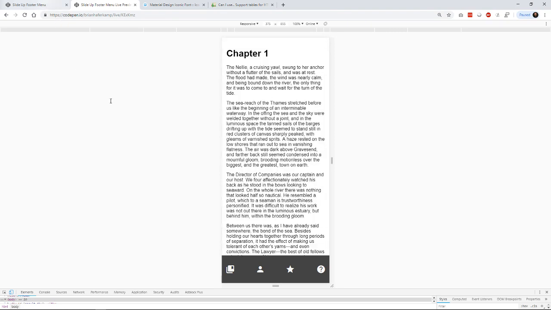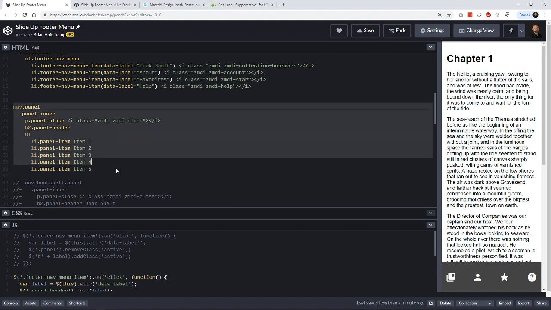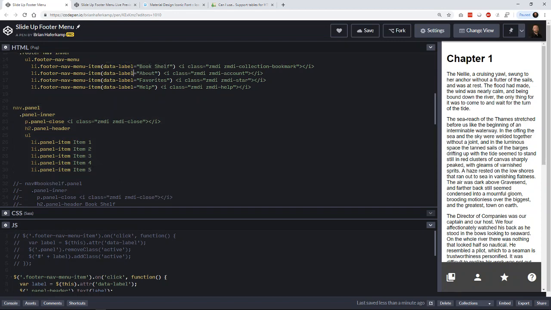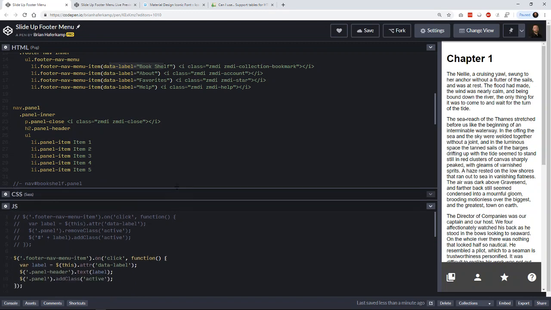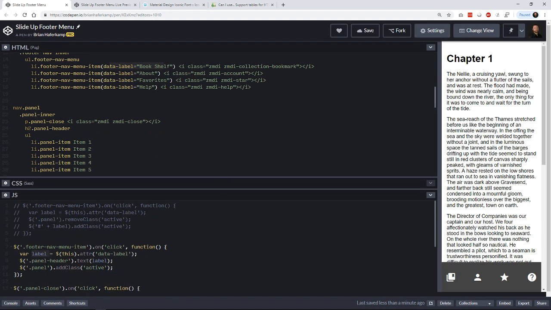So in a second video, I'll cover how to create a data structure so that we can use one piece of HTML code here, and we can exchange the data just like we're using data up here on each click. We can actually look and see if it's the bookshelf, like if this label equals bookshelf, then we do something. We put some data into our list items. And if it's not, if it's about, then we can use a different set. Okay, so